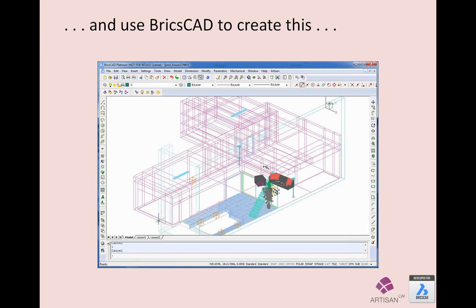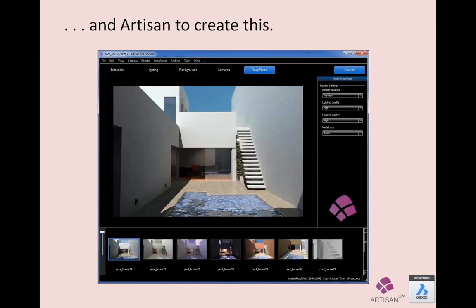Then I've got a second model, which is extremely simple, as you can see, and I've just got simple wireframe versions of it here. This is BricsCAD showing a house model. You can see through it. There's very little in this apart from a pool area and a little bit of furniture in one of the rooms. And then I'm going to be showing you how to turn that into this rendered image,